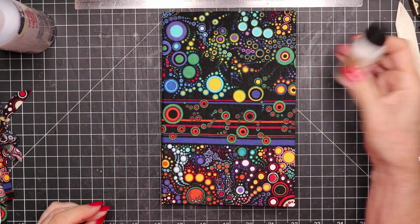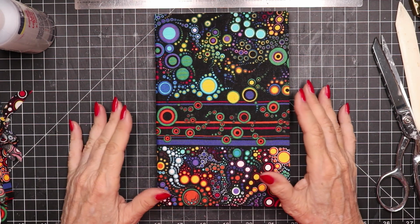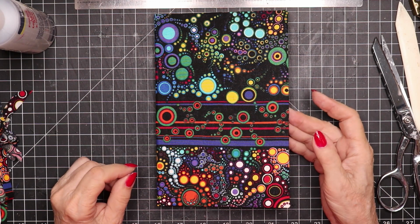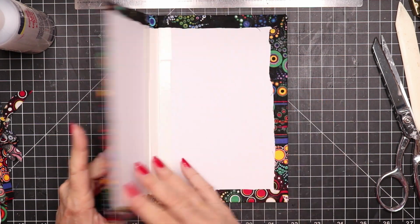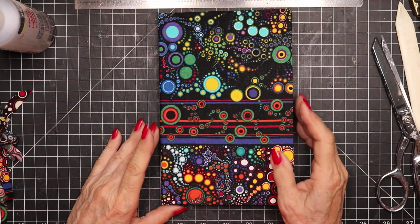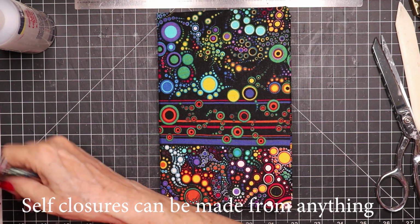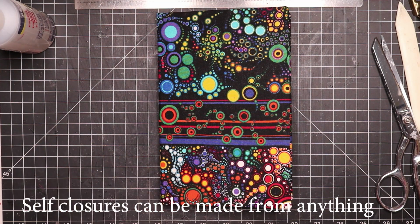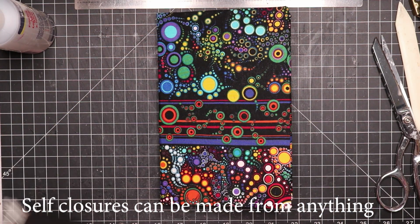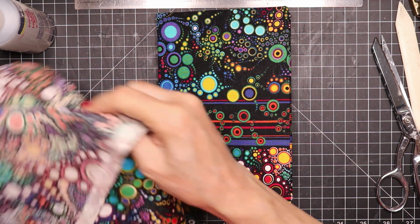So now it's a matter of deciding, do I want to put a self-closure on it? Then I need to do that now before I do anything with the inside, and I think I would like to do that. These are not sufficient for that. So let's take a look at this. There's not enough color in there. So we'll bring this back